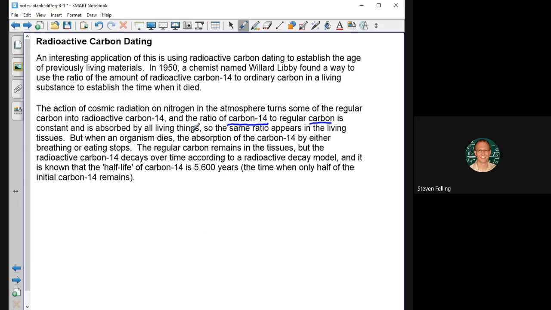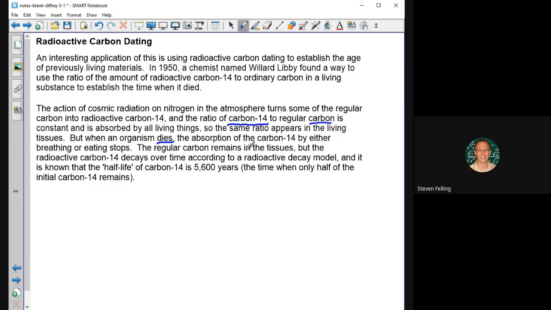And it gets absorbed by all living things, right? Because living things breathe the air, right? So it's present in the air. And we also eat things, and it's present in all of the plants and then the animals that eat plants. So within our own bodies and anything that's alive, there's a ratio of radioactive carbon-14 atoms to regular carbon atoms. Now, once an organism actually dies, then the absorption of the radioactive carbon by either breathing or eating stops,